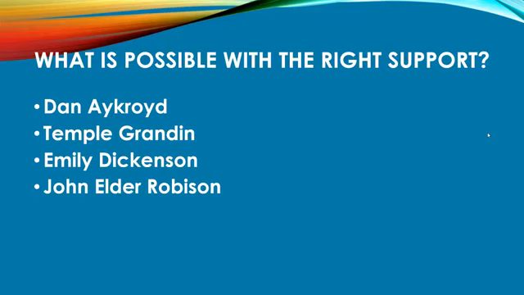So, here's a list of famous people who have been reported to have high functioning autism and other related disabilities. Obviously, everybody in the autism community knows Temple Grandin, who has become hugely successful in her career. But there's also people like Dan Aykroyd, who used some aspects of his personality to really succeed in his career, in comedy and acting. Emily Dickinson, who was a famous poet, and then John Elder Robison, who wrote the book Look Me in the Eye, and other books where he talks about his experiences growing up with an Asperger's diagnosis.